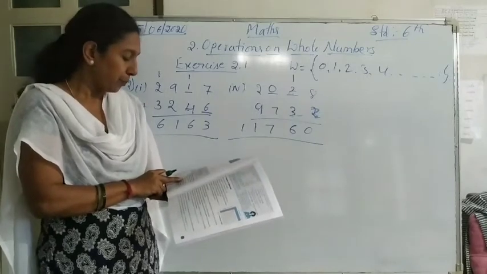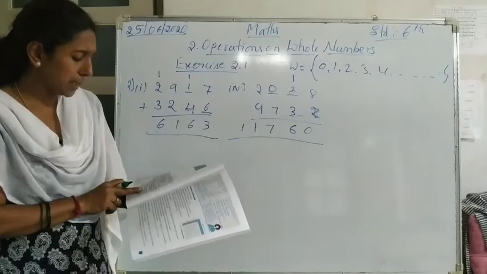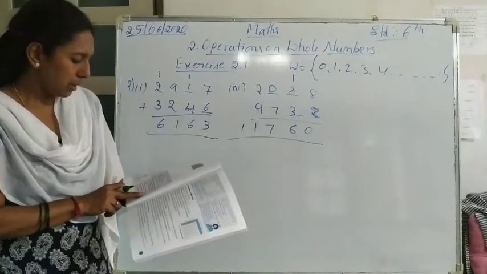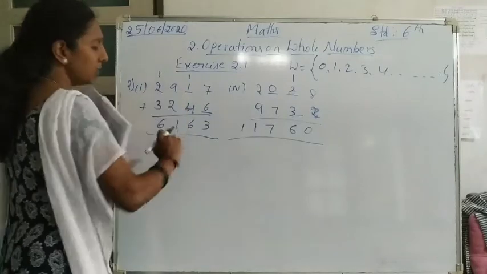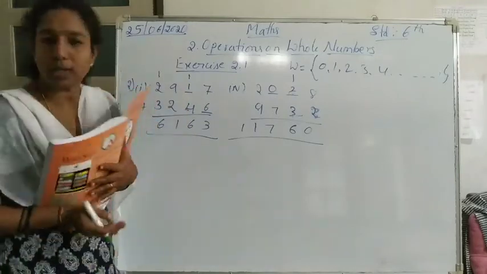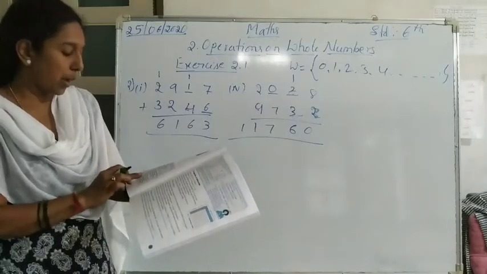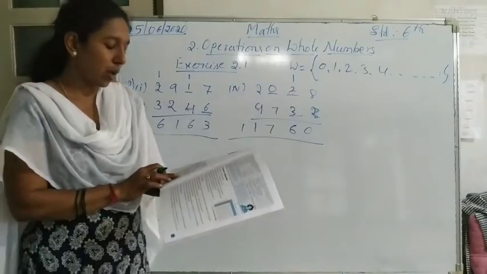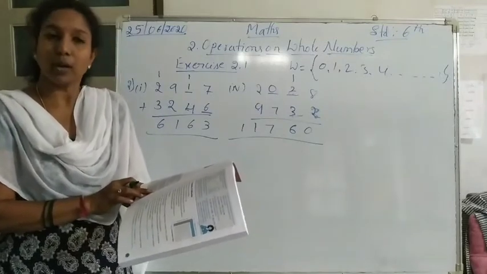Okay, next. If we change the order in which four numbers are added, the sum changes. Does it change if we change the order of any numbers? No, the sum will not change. So here it is wrong. It is false. So what do we have to write? If we change the order in which the four numbers are added, the sum will not change.